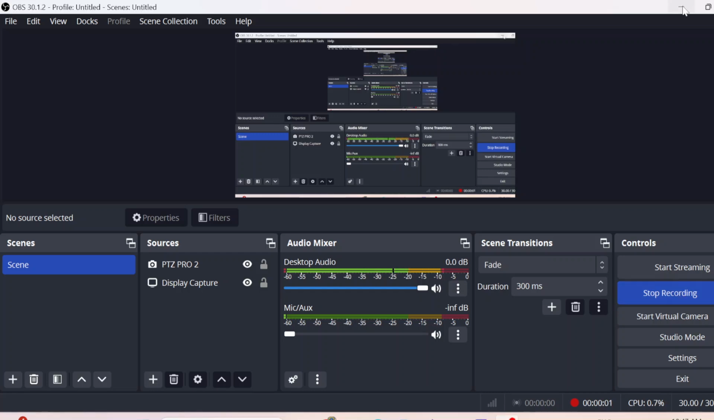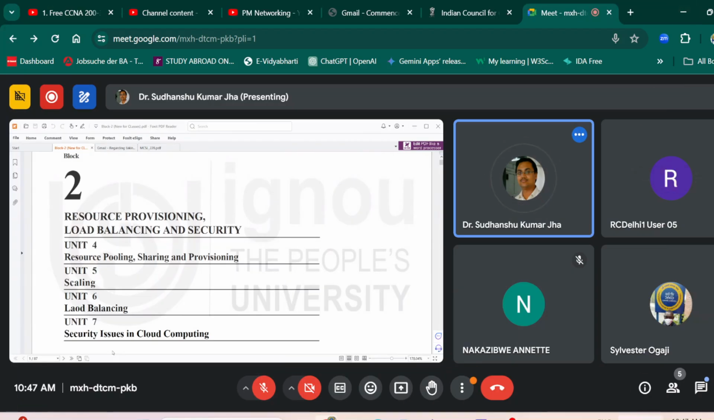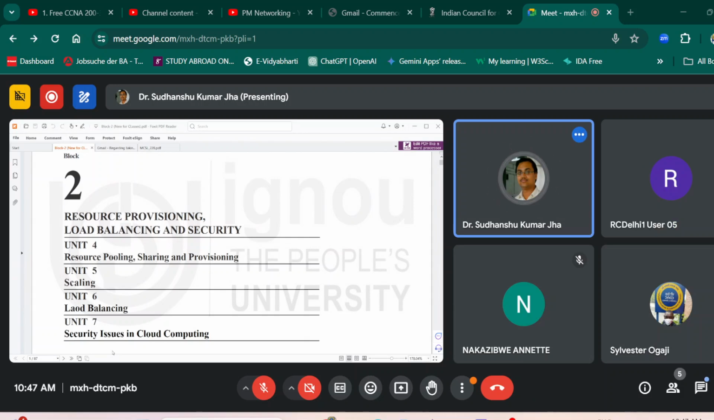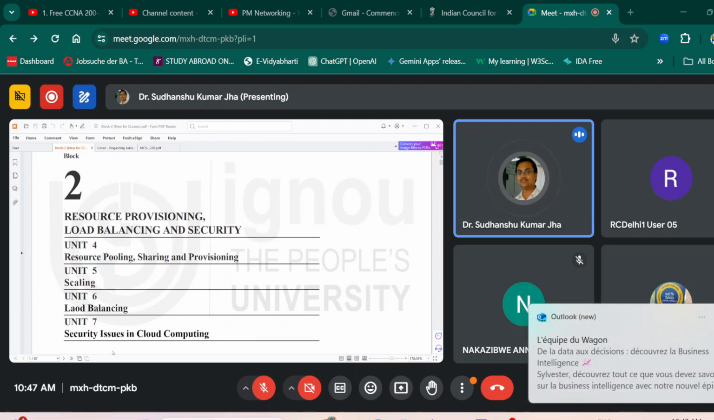Computing, and we have seen a lot of basic terms associated with cloud computing, especially we have discussed Block One. Now, today we will discuss Block Two. So, in Block Two of MCS 227, that is cloud computing and IoT, Block Two basically